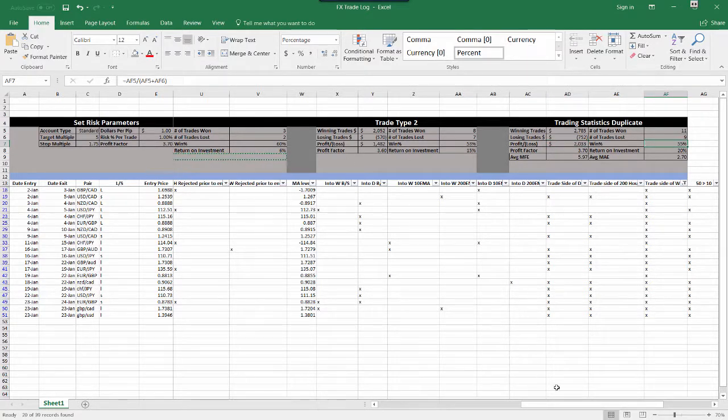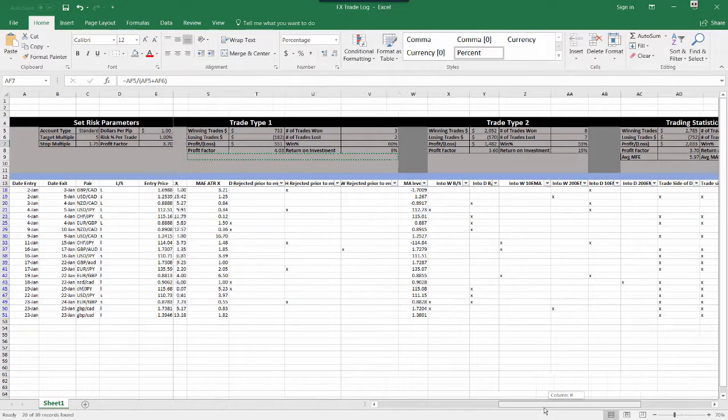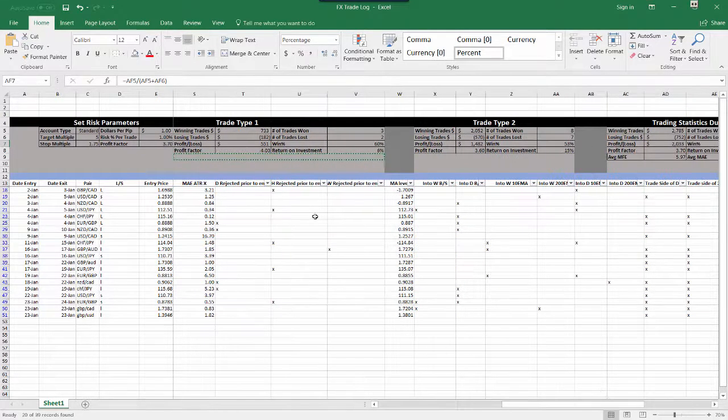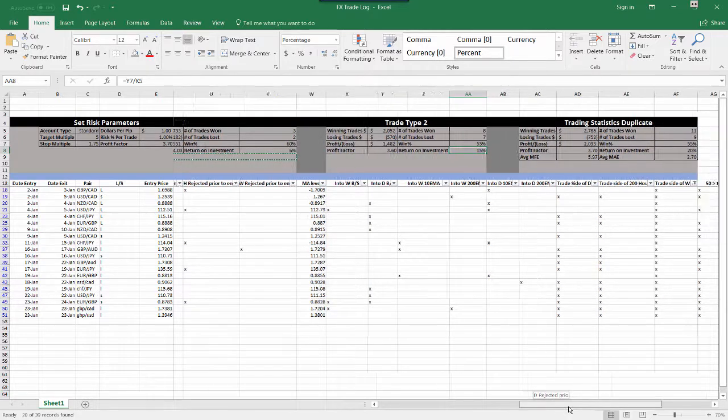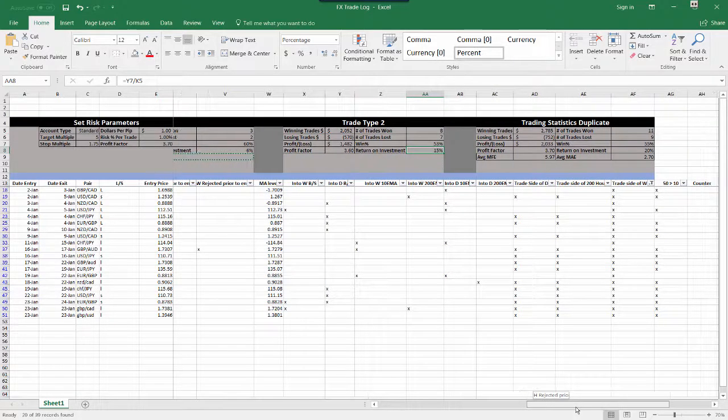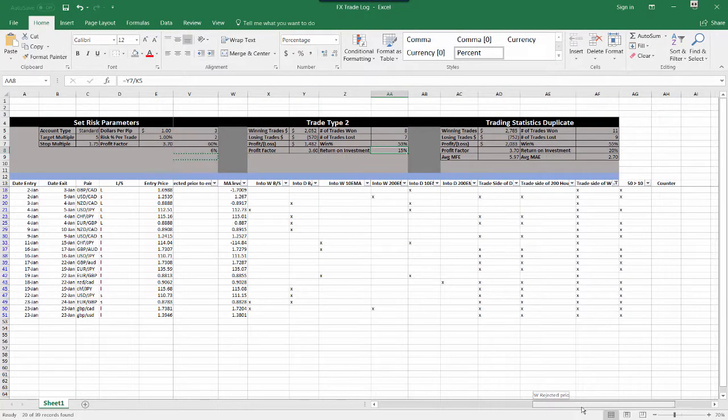If we come look at these, you can see that the type 1 has over a 4x profit factor, 60% win percentage, and this one just by itself has about a 6% return. It's only on 5 trades, right? This one has had more trades, 3 times as many, 53% return and a 15% return on investment. And then if you combine them, guys, these numbers are pretty darn good. Now,